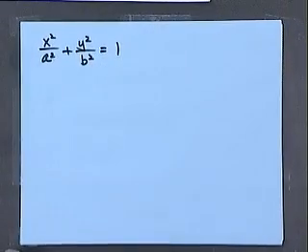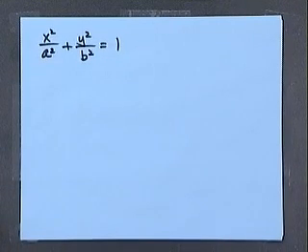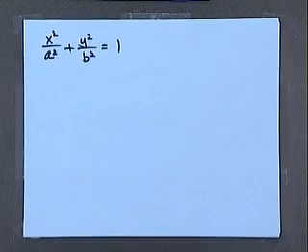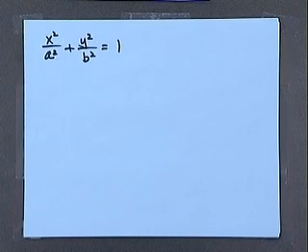This equation. And I think that's pretty much how we ended class. Is that correct? Yeah. So other than the center of this ellipse being at the origin, we don't really know at this point what A and